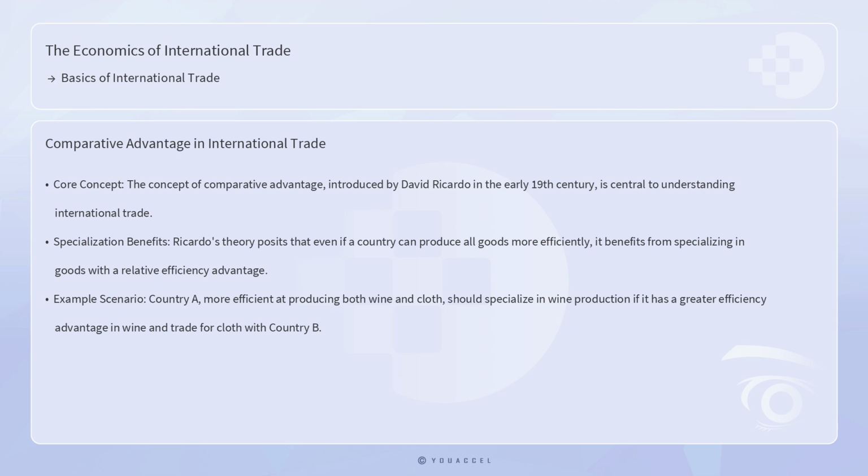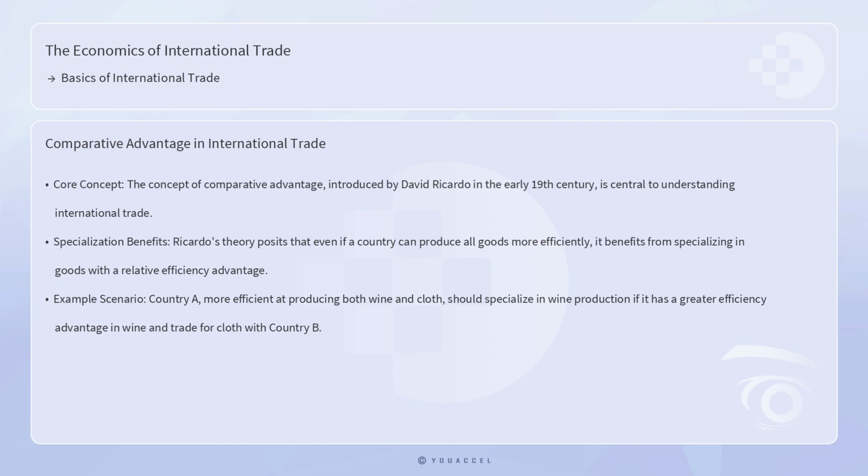The concept of comparative advantage, introduced by David Ricardo in the early 19th century, is central to understanding international trade. Ricardo's theory posits that even if a country can produce all goods more efficiently than another country, it still benefits from specializing in the production of goods in which it has a relative efficiency advantage. This specialization allows countries to produce and export goods at a lower opportunity cost, resulting in increased global production and